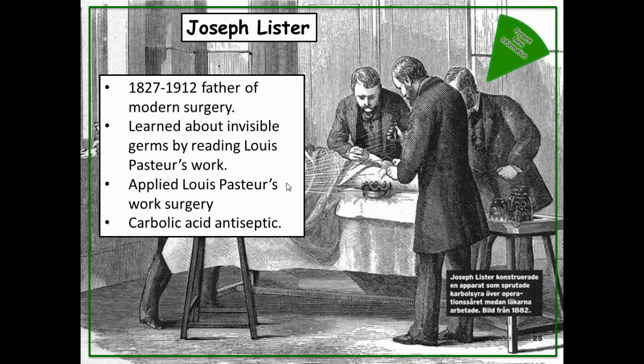So he used a liquid called carbolic acid. He sprayed it on his hands, he sprayed it on the wound, and he sprayed it on the tools that he used. And what he proved was, by using an antiseptic, by trying to kill germs before surgery, you can prevent deaths. Now, this wasn't the end of the story of surgery, and he hadn't perfected it, as you'll see in the picture behind. Surgeons still wore a lot of outdoor clothing in surgery, so they hadn't fully understood yet, but it was a major step towards preventing germs in surgery and therefore keeping more people in operations alive.